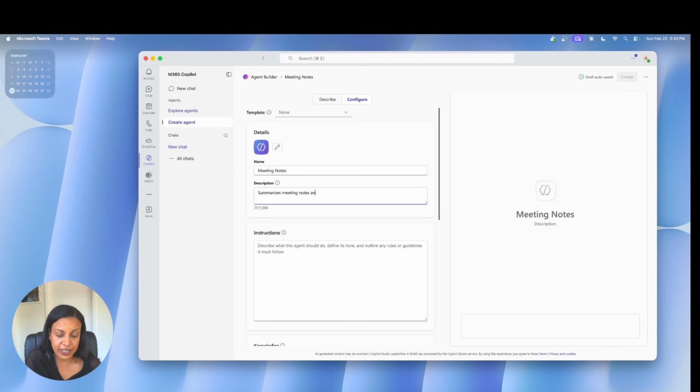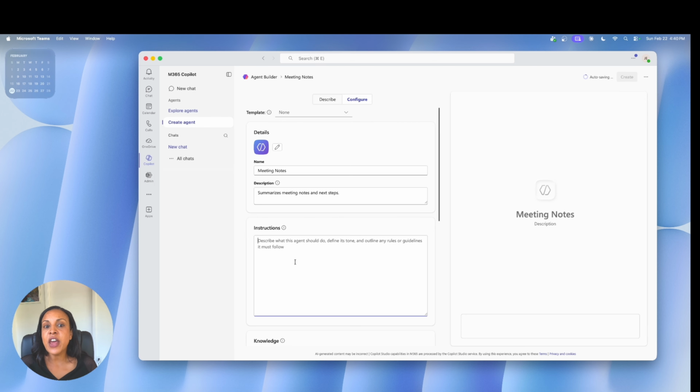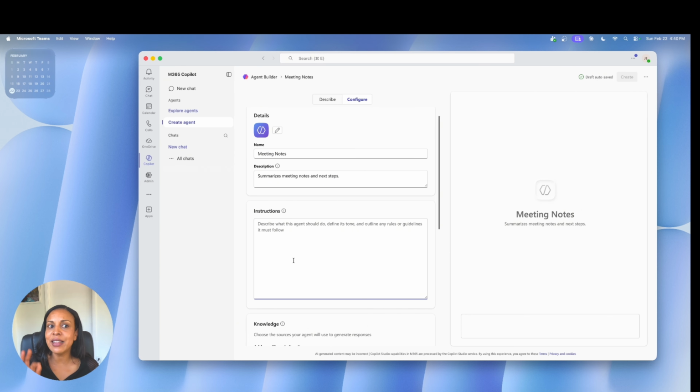So I'm just going to enter summarizes, meeting notes, and next steps. All right. And then we're going to head over to instructions. And this is the important part of setting up your agent. This is what your agent is going to remember, and it's going to use this information every time you use